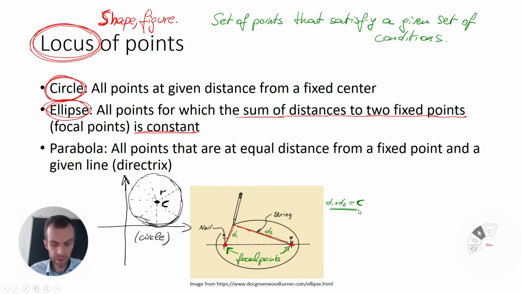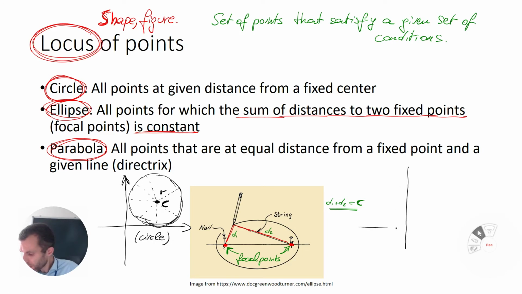And then last, a parabola is also a particular form of locus, and this may be something that is not very familiar. It's a useful thing to keep in mind. But basically, a parabola is the set of points that are at equal distance from a point and a given line. So what that means, if we make a little figure, is this is my coordinate system. So this is for a parabola. Let's say